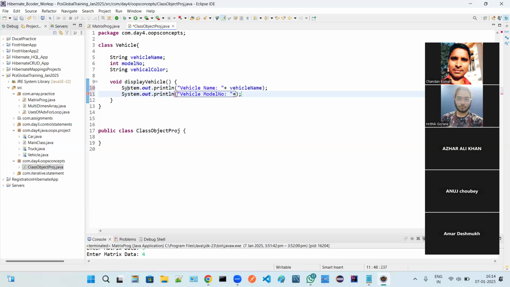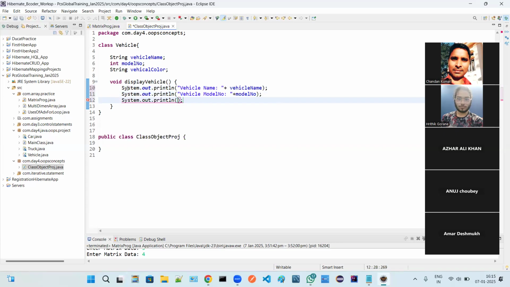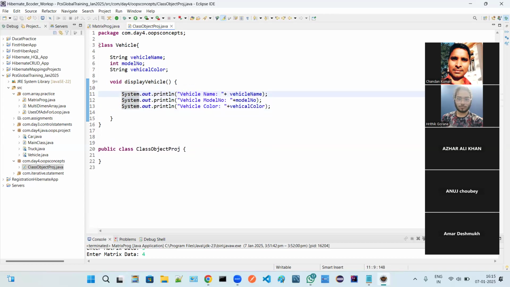Guys, please mute yourself. This is the most important topic. So in this, which variables have I written? Vehicle name, vehicle model number, vehicle color. Correct. So this is one class.